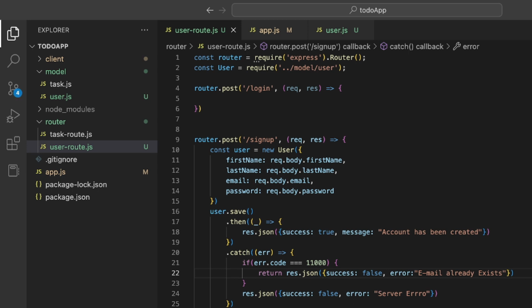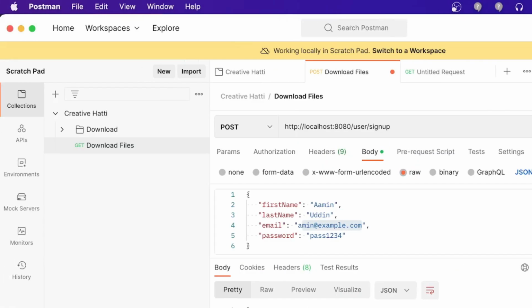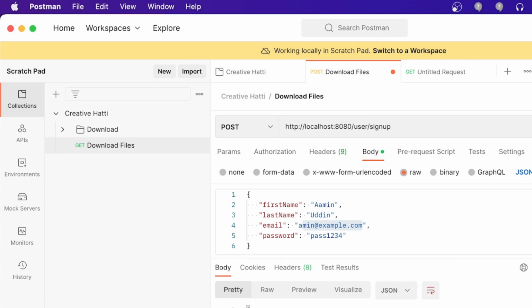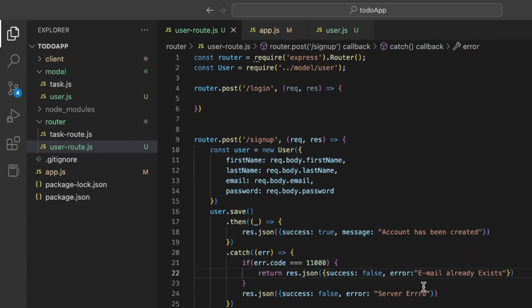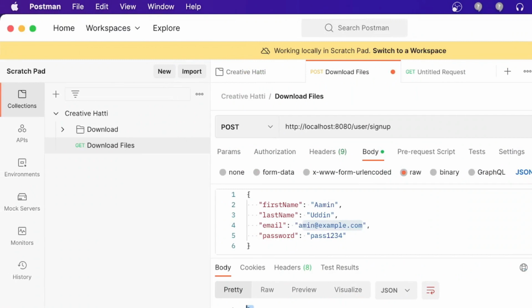So now send it, and this time you see email ID already exists. This type of error you can handle in the front end. But the next problem is like